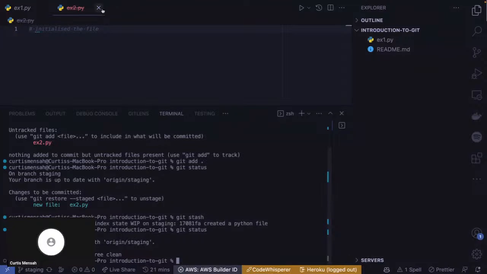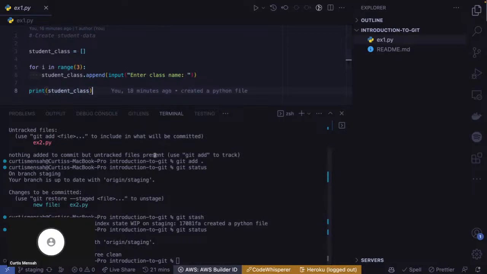So imagine a scenario where you are working on a feature and stakeholders tell you to stop working on the feature. So you have to run a git stash, and then that would save the content elsewhere. So let me just create another file called ex3.py, and then